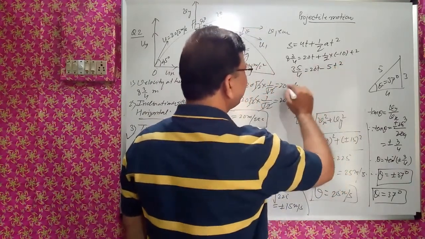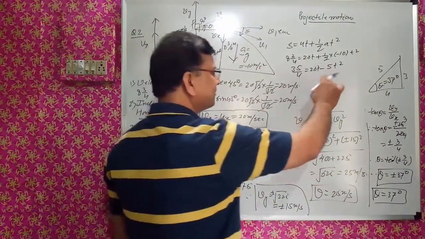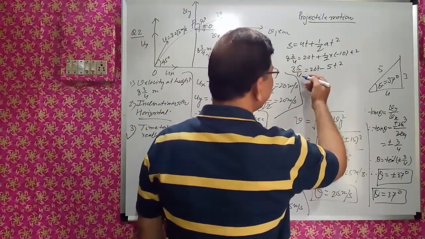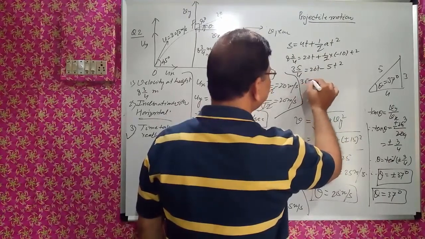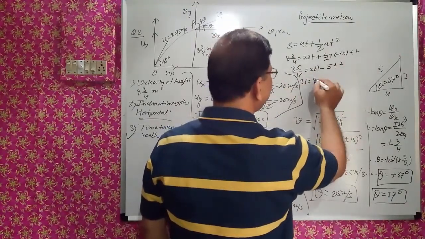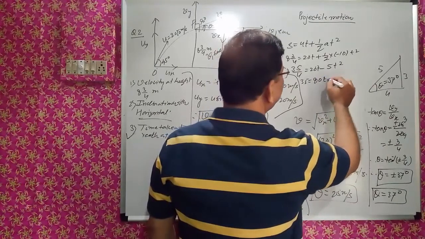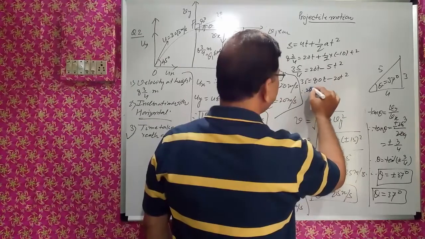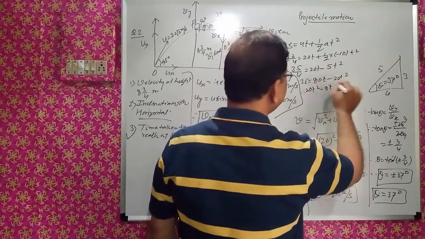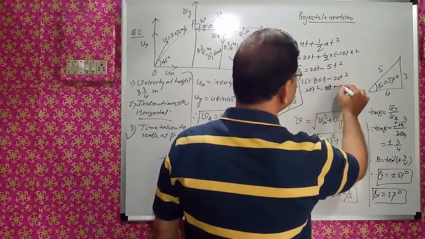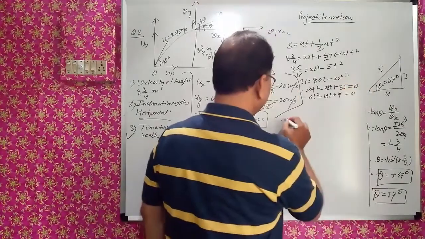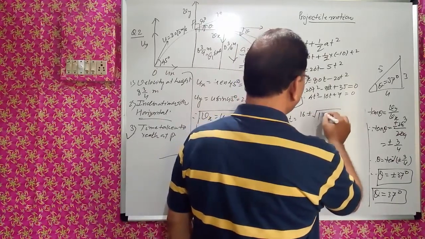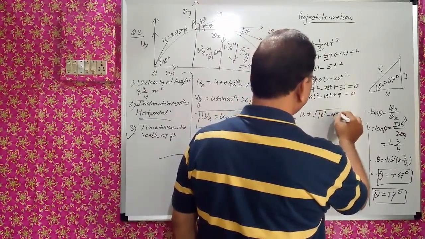If we simplify and find the value of t by the factorization method, then we will get something. So this can further be written as 35 is equal to 4 multiplied by 80t minus 20t square. Therefore 20t square minus 80t plus 35 is equal to 0, therefore t is equal to 16 plus minus under root 16 square minus 4